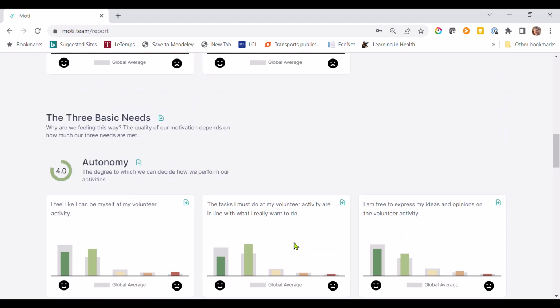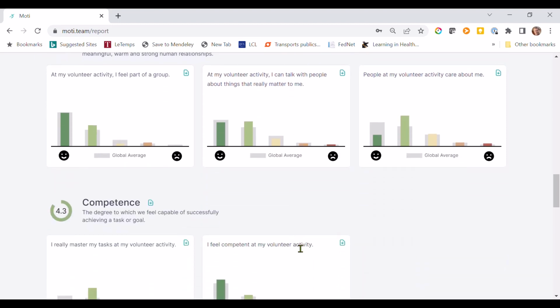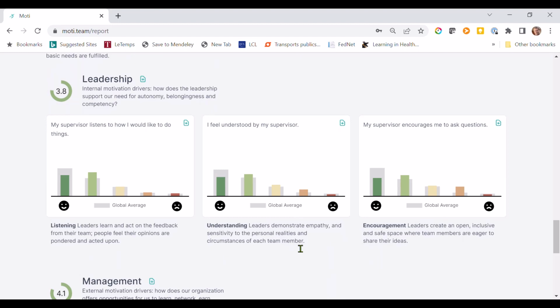Now, who is likely to feel autonomous, to feel belonging, and to feel competent? Well, people who have leaders or a supervisor with good leadership skills. And there are actually 3 important skills that good leaders have. And that's their capacity to listen and to show that they've listened and understood by acting on the feedback that they're getting. They demonstrate empathy, so we call that understanding, and they create an open, inclusive, and safe space where